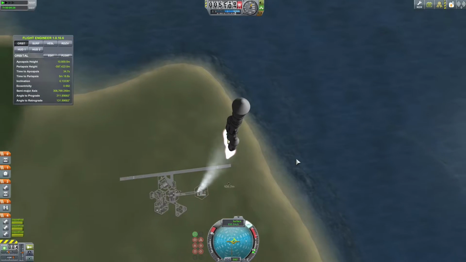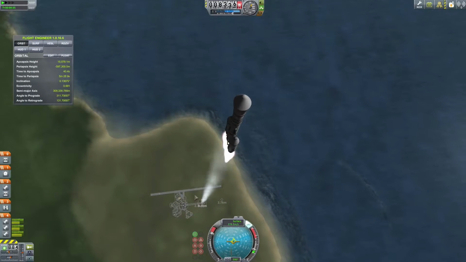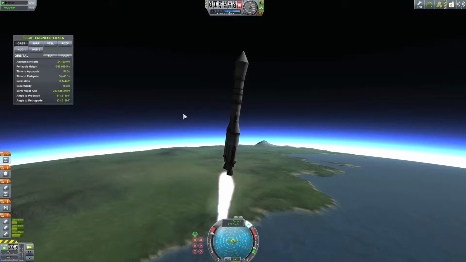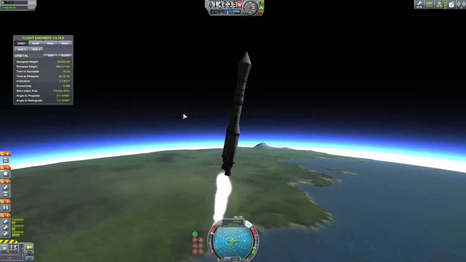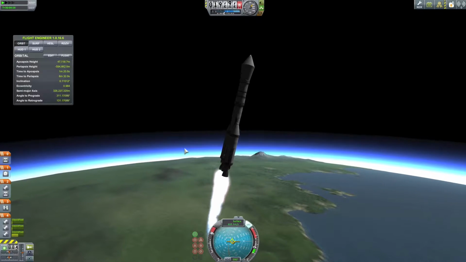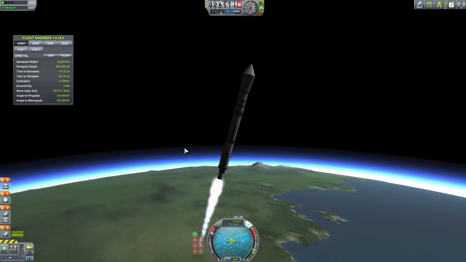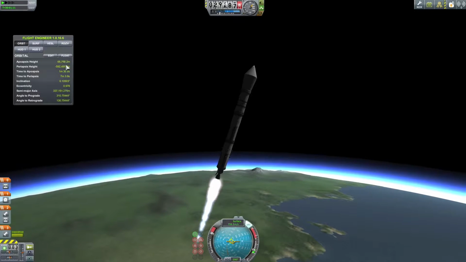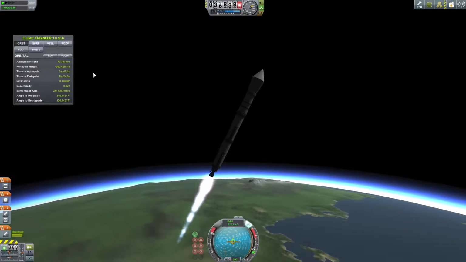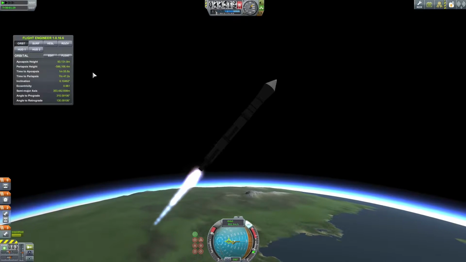First ones are decoupled, and they are falling back to Kerbin. And that one's probably going to hit over there somewhere. So we can bank just a little bit more. We don't want to go too much though. And the next stage will release. We will continue going upwards. And we want to get this up to 100 kilometers. So we can go ahead and pop over to about 45. And once we get over to